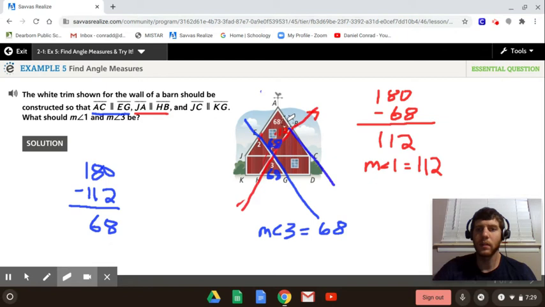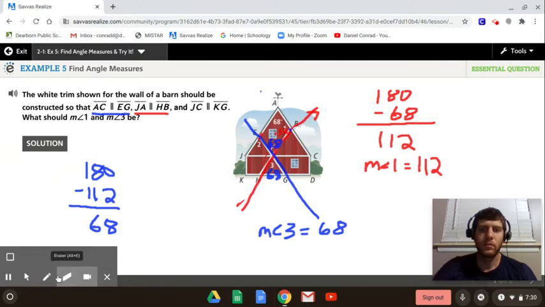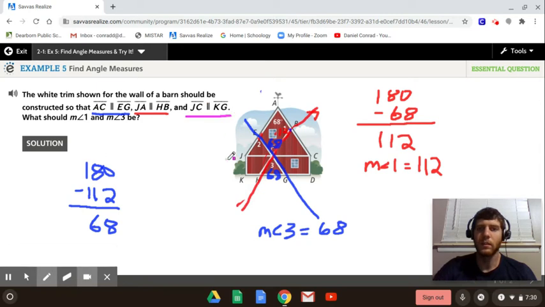So again, we're going to have another angle pair. So we know we'll use our last one here. JC is parallel to KJ. Okay, well, that one's not relevant to us. I lied. We're going to go back and use the first one here. So let's just do it in red. Okay, JA